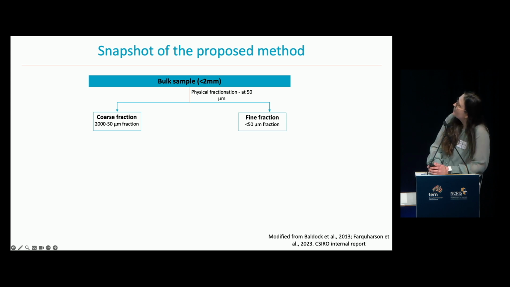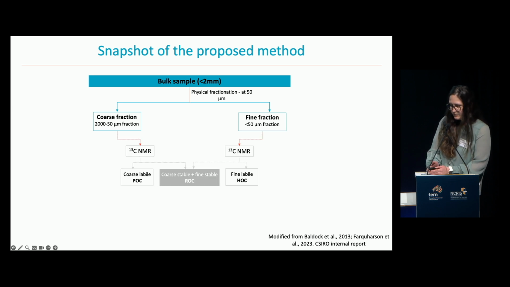So we start from bulk sample, that is soil sieved at less than 2 millimeter. We first do a physical fractionation at 50 micron, and this leads to the separation of coarse and fine fraction. Then these two fractions are first analyzed with the NMR. And from the results of the